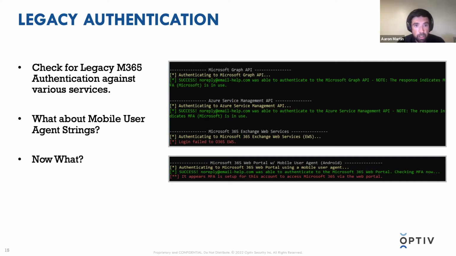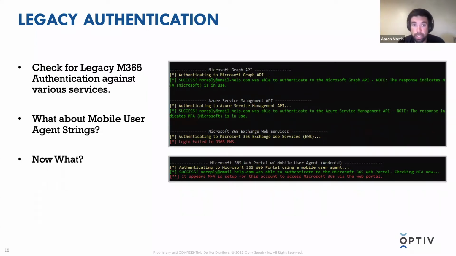So some of the first things we like to do is verify with various APIs that Microsoft has in place. These could be the Azure Core Management, native Windows 10 Mail app, the Microsoft Graph API,